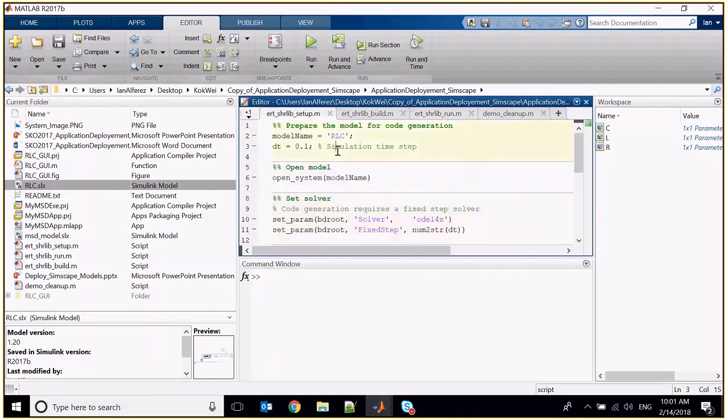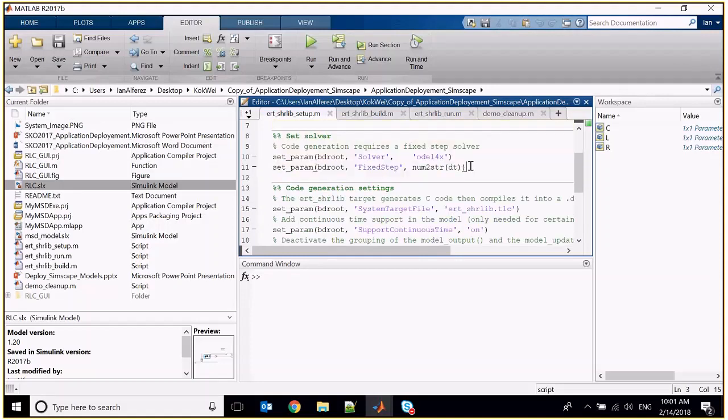So the first thing that we need to do is maybe run through the script, and let's try to explain one by one. It's actually just an automation script, but what it's doing is that we change the solver to ode14x, and then change it to a fixed step solver. So we're not going to use